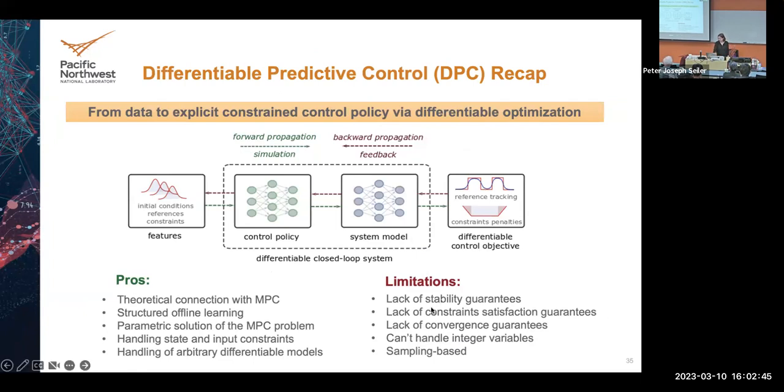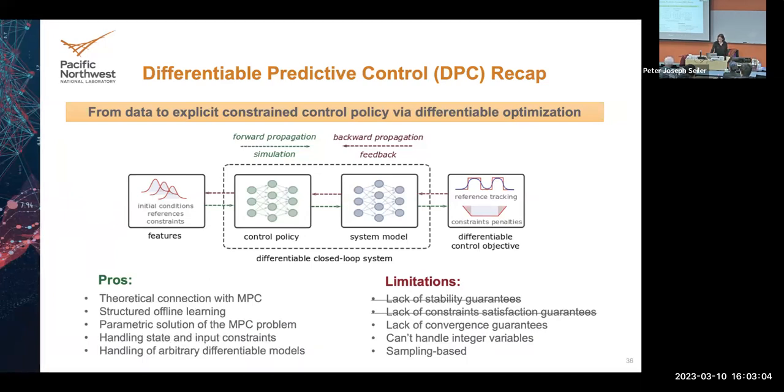However, people will raise their hand and say, well, how do you enforce stability at the end? How do you guarantee that the state is not going to go out of bounds? And this is what I'm going to talk about next. So the approach is very promising, but there is more theory to be developed.